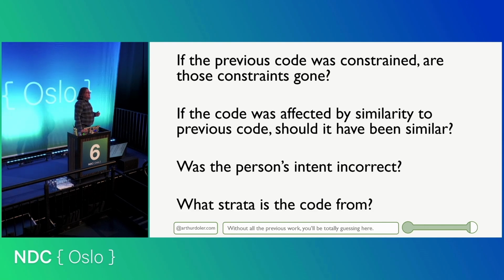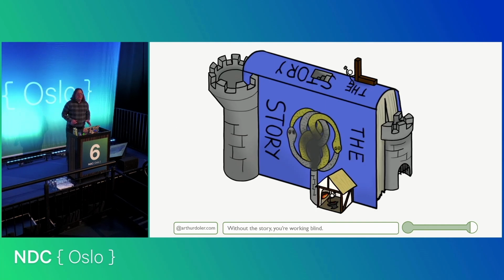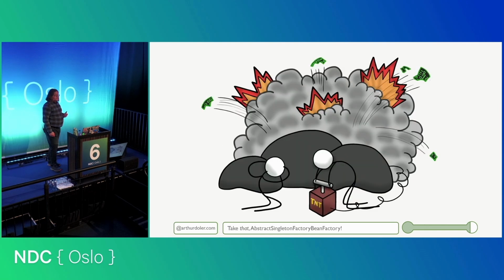What strata is the code from? What does that mean about where that code lived, how it was built, why it was written the way it was written? That story should be your bedrock, the basis of all of the changes you make going forward, for all of the future work on that code. If you understand why the code is the way it is, you can understand how to change it, to make it be the way you want it to be. Or whether to blow it up entirely and start over.